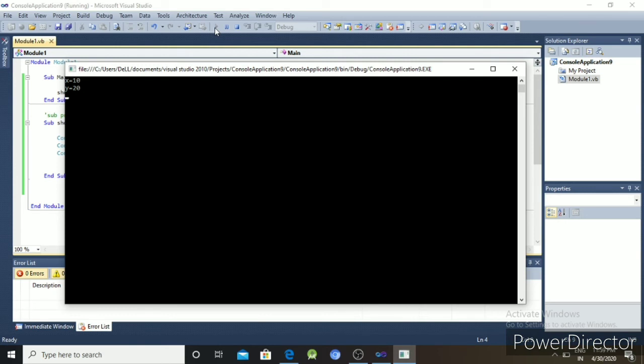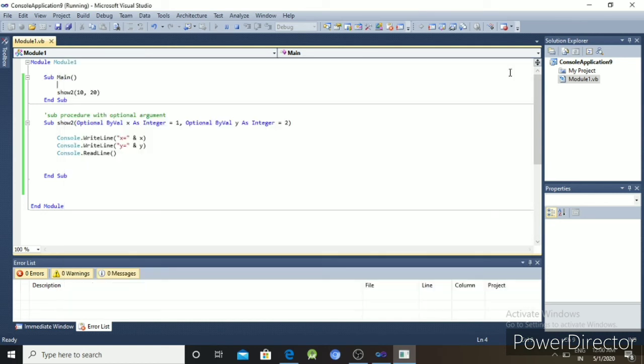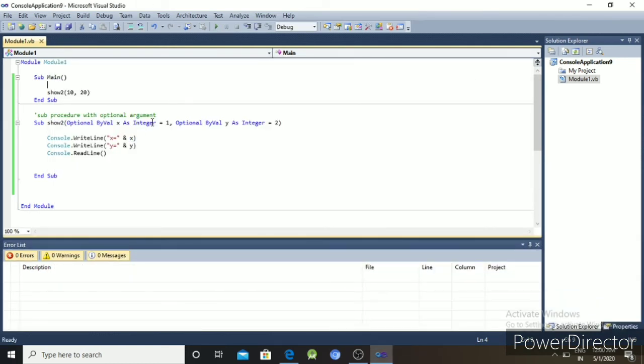When we define and call the sub procedure with values of x and y, the optional defaults are overwritten: x equals 1 is overwritten by 10 and y equals 2 by 20.